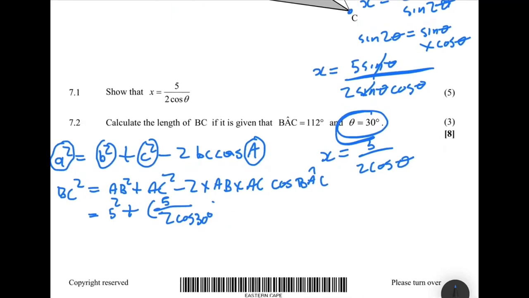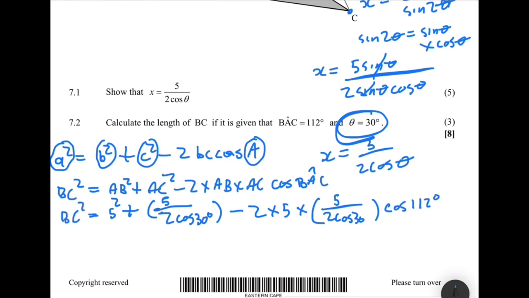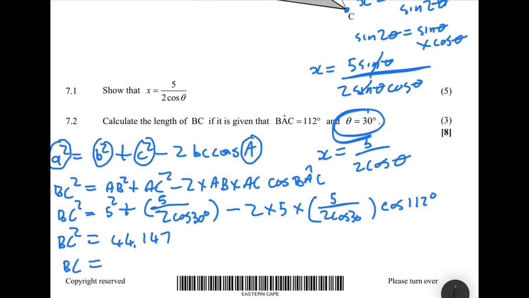And then minus 2AB, where AB is 5, and then AC, which is 5 divided by 2 cos of 30 degrees, and then cos of BAC, which is 112 degrees. This is BC squared. And then you will find that BC squared is equal to 44.147. And then if you take square roots on both sides, you get BC is equal to